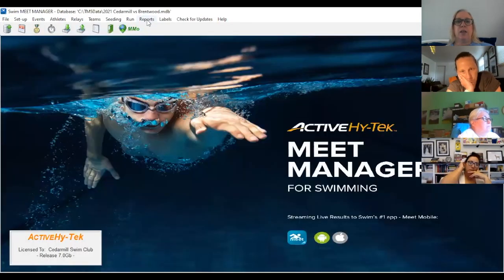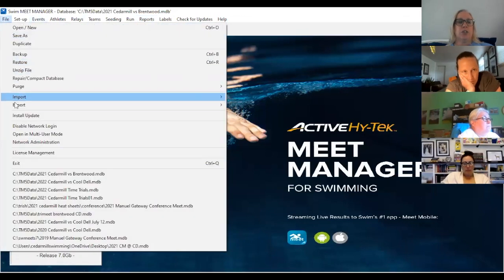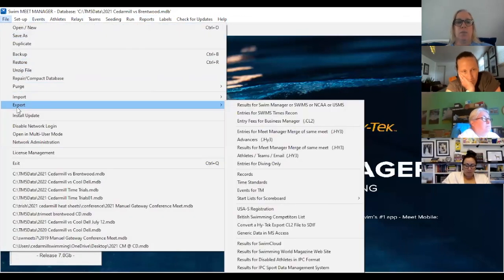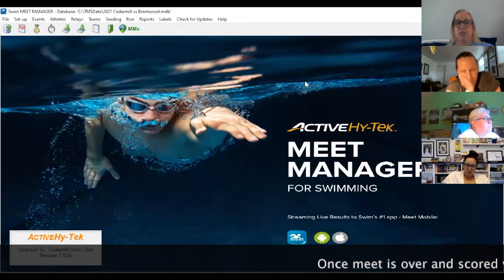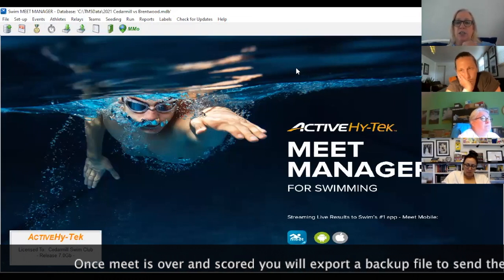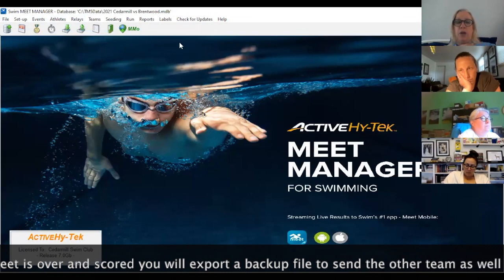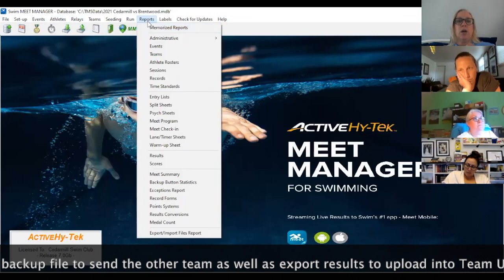That's that. And then the last thing you're going to do is export this and export a backup, and send it to your opposing team. If you're the home team, and if you're the away team, then you should ask for a backup, and then they can import it into their Meet Manager, and you can run